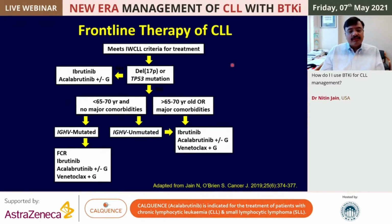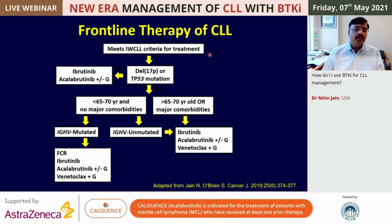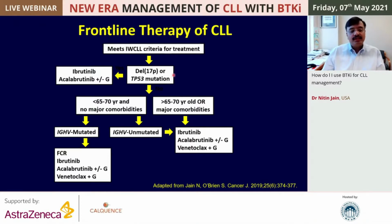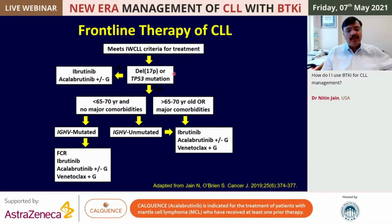So what is the standard of care right now for frontline therapy for CLL? First of all, you need to meet the typical IWCLL treatment criteria. You cannot start a patient on day 1 with Rai stage 0 CLL on a BTK inhibitor because you just want to treat it. You have to have the treatment indications. If you have that, then you'll see if the patient has a deletion 17p or TP53 mutation. Now, I would say that